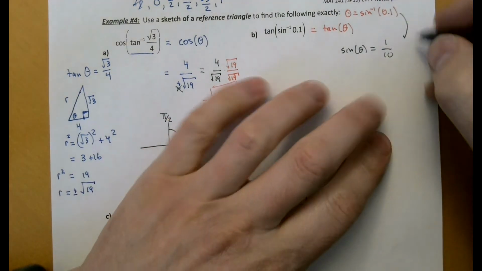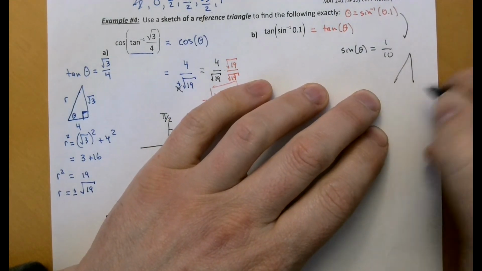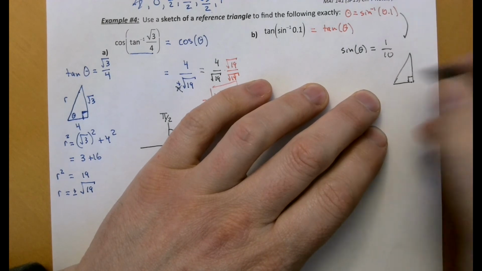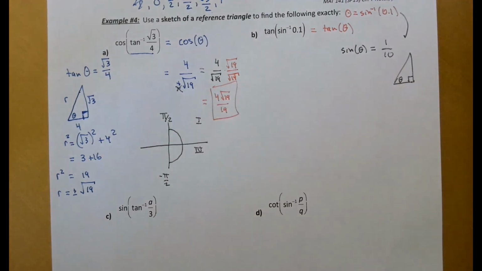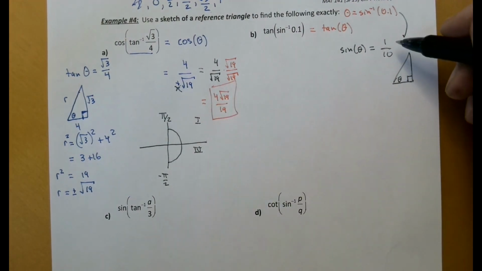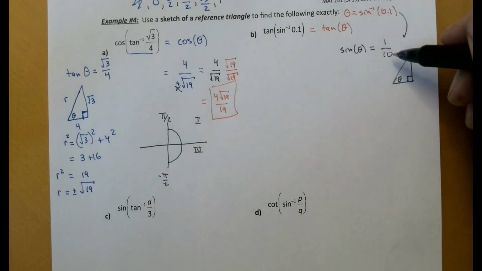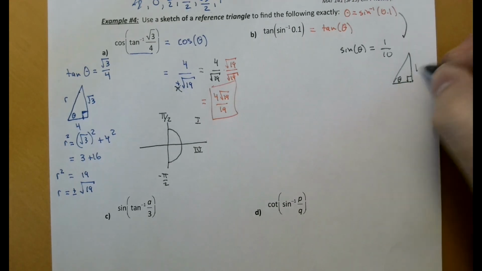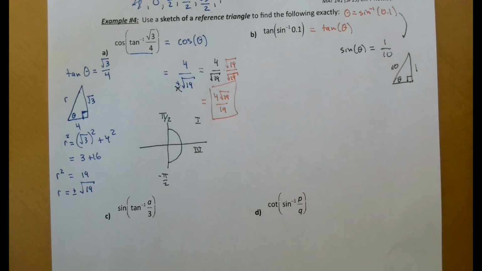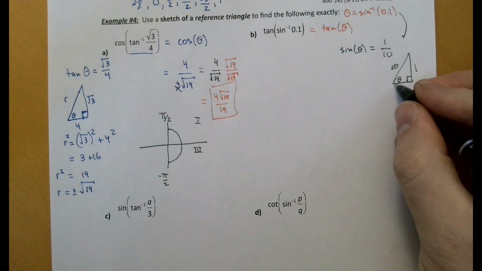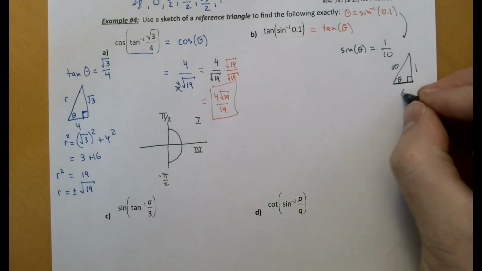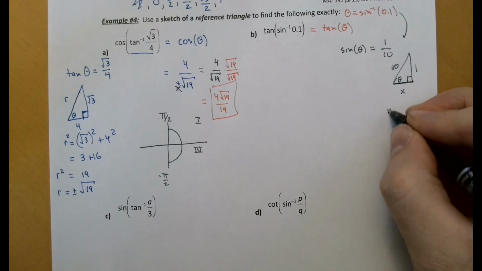And then I could draw my right triangle. There's that. There's this. Sine is defined as y over r, or opposite over hypotenuse, so we could write it as this. And then we could say, what is this length? Let's call it x just for fun. So x